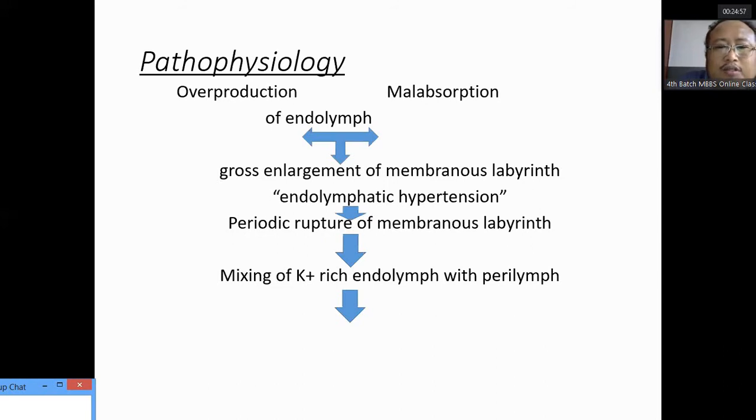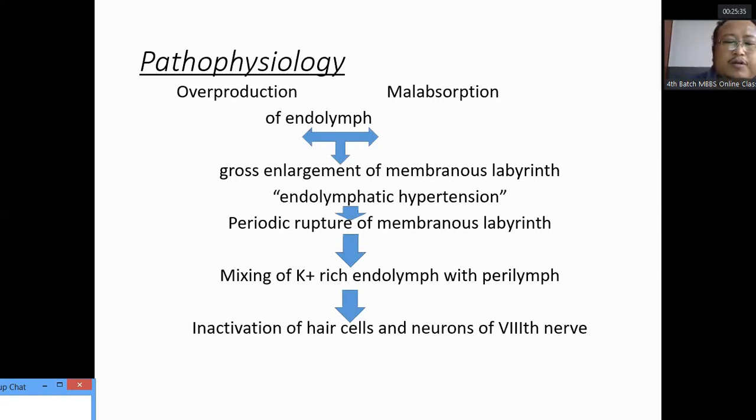That will cause periodic rupture of the membranous labyrinth, and the endolymph, which is normally distant from the perilymph, now mixes with the perilymph. सुरुमा एन्डोलिम्फ र पेरिलिम्फ मिक्स भएको हुँदैन, बट मेम्ब्रेन्सहरु रप्चर भएपछि they are mixed, which causes the